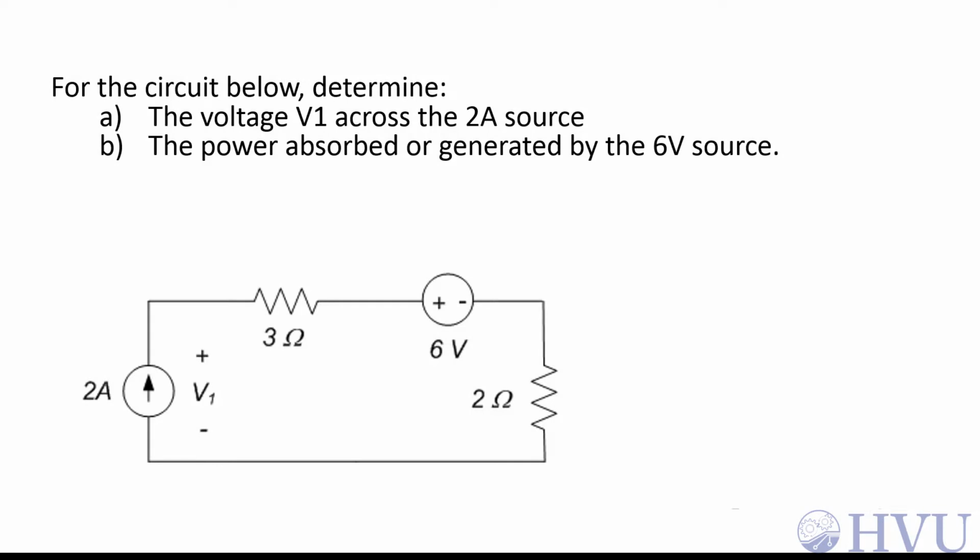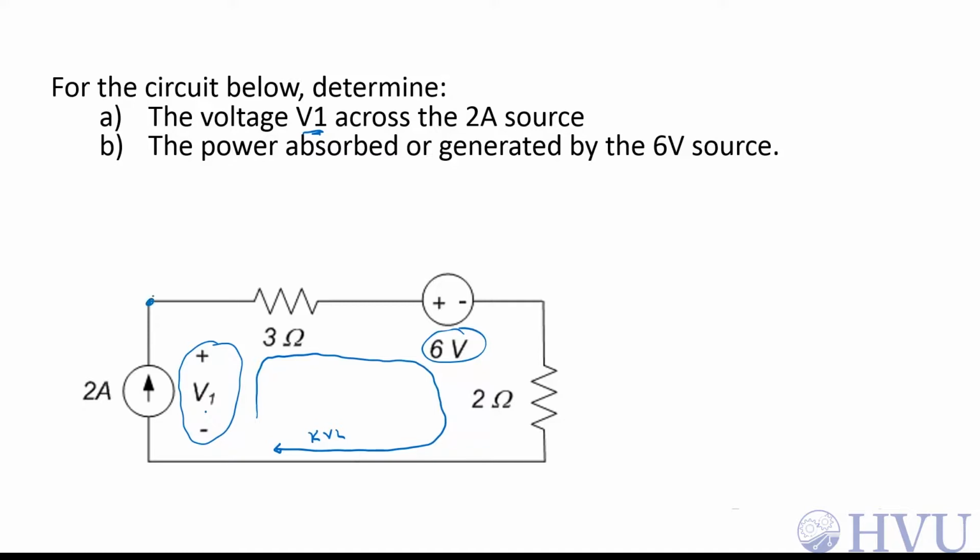Okay, the first thing we want to do here is find the voltage V1 across this 2 amp source. We're given the polarity that we need to use for V1 as our reference value. Now I'm trying to find a voltage, so I'm going to guess that I'm going to end up using KVL. If I use KVL, I'm trying to find this voltage. I know the voltage across the source. Now I just need the voltages across the resistors, which I can find if I know the current through the